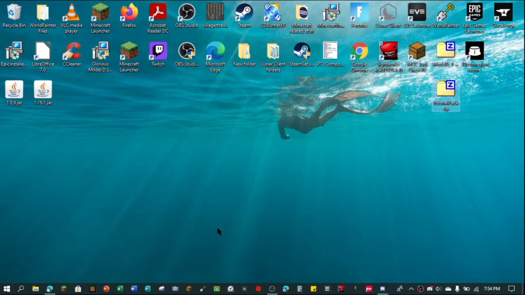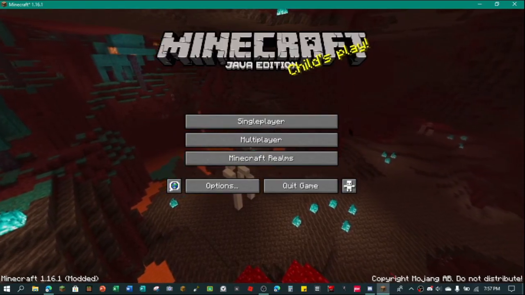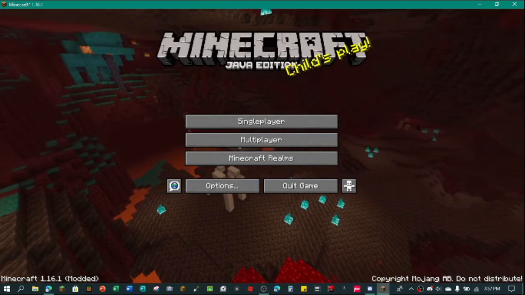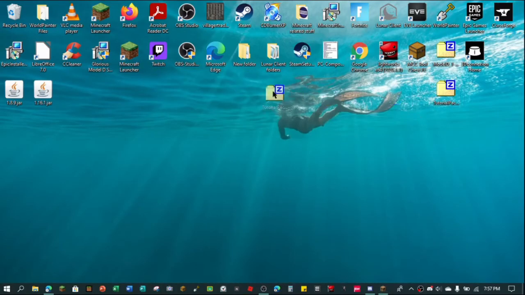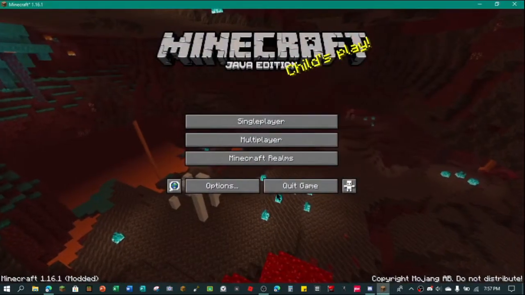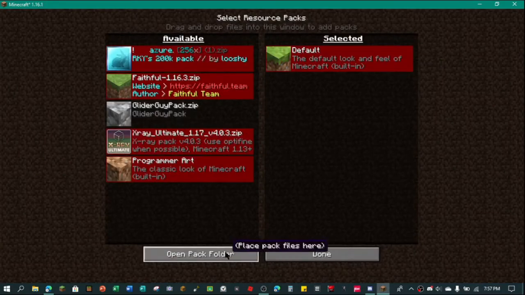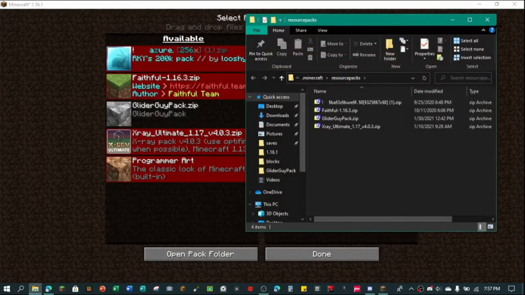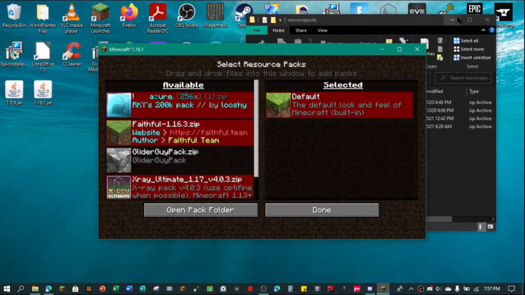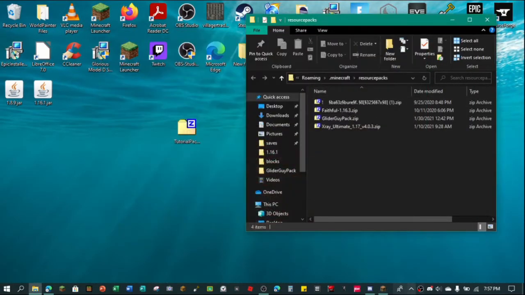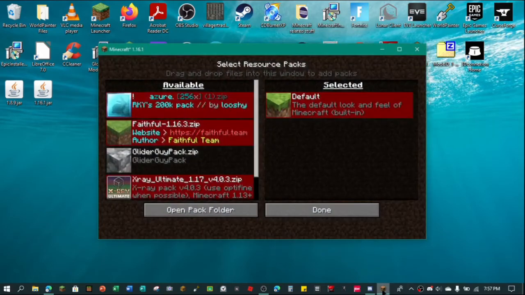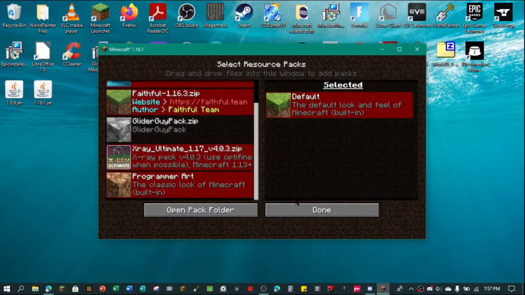So, quick jump cut. Alright guys, so as you can see, we are in Minecraft here, and so make sure your zip folder right here, tutorial pack, is on your desktop, because it'll make it way easier to locate it. So we're just going to go options, resource packs, and what you want to do is open pack folder, and just go on out of here, minimize Minecraft, drag tutorial pack into here, and close this out. Now we go back in,